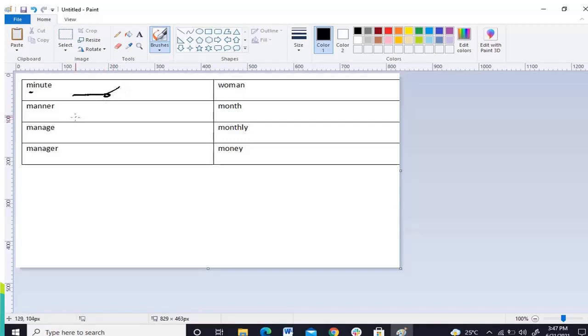Next, manner. Man-er. Manage. Man-edge. J. Manage. Manager. So, we have manager. Habaan natin yan kasi J. Ulit. Manager. Next, woman. So, we have